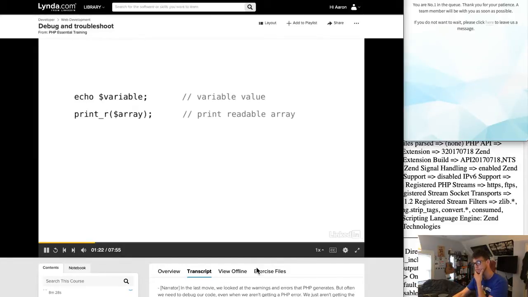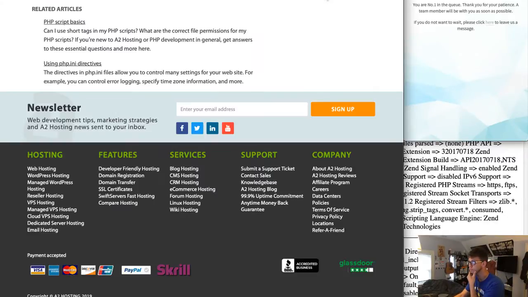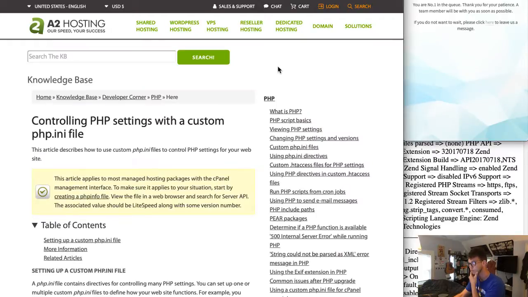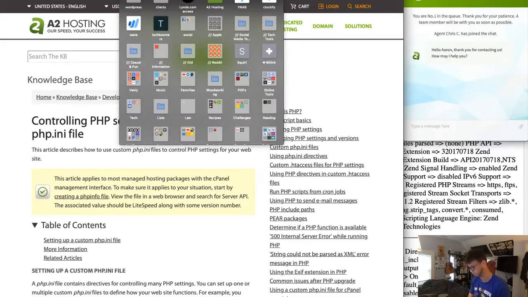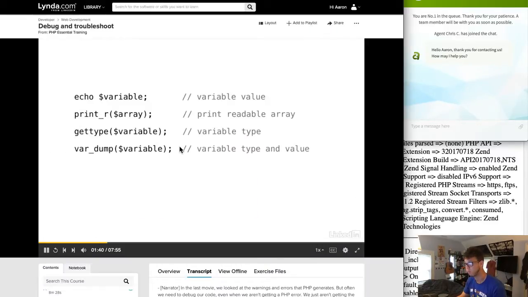That will allow it to preserve the white space and make the formatting even nicer. The third one we've seen before is getType, and that just returns the type of a variable. Maybe we're working with a string when we ought to be working with an integer. Well, getType can help us to identify that. There's also some new ones that we should look at, the first of which is var_dump, and that's going to take everything that